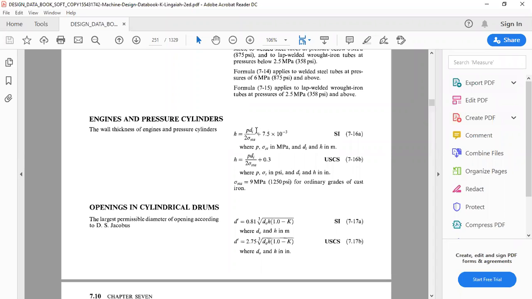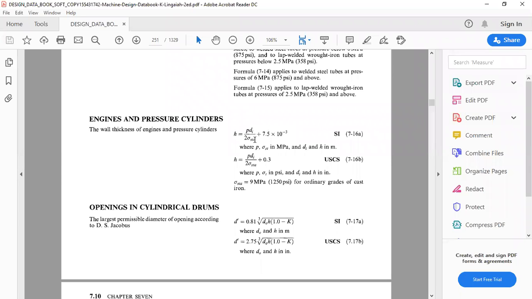So we go with SI. So we take equation number 7.16A, in which P is the maximum pressure that is inside the cylinder. Di is the diameter, and sigma is the basic endurance limit stress of the cylinder.